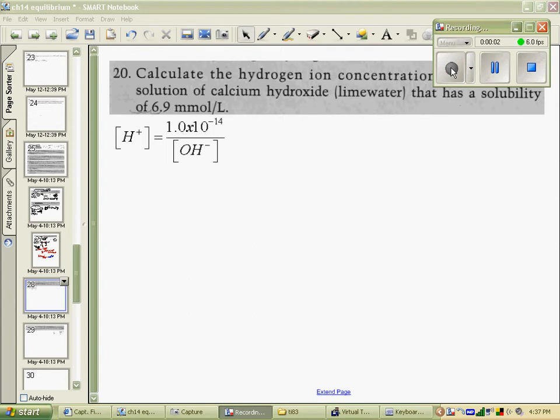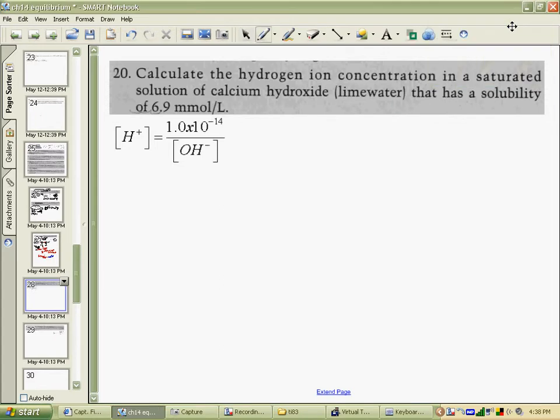Okay, so let's continue this homework with two other questions from page 499. Number 20 asks us to calculate the hydrogen ion concentration in a saturated solution of calcium hydroxide. So we're taking calcium hydroxide and dissolving it in water. That would leave the calcium ion and hydroxide ion, and balancing it leads us to say that we have two